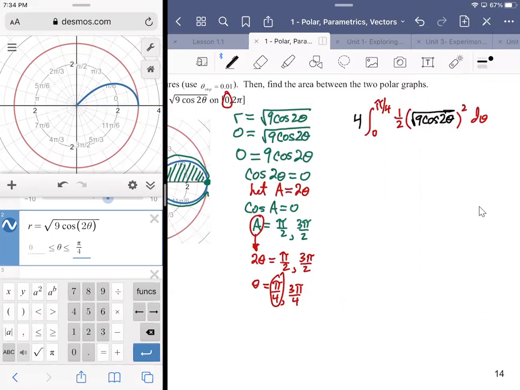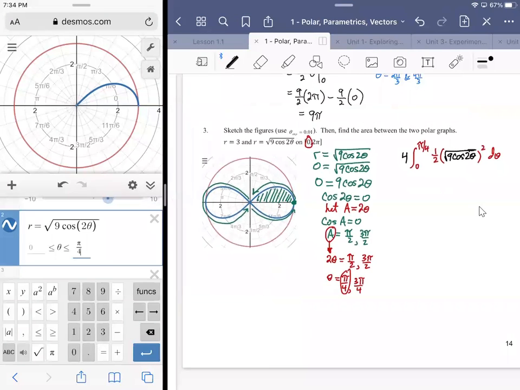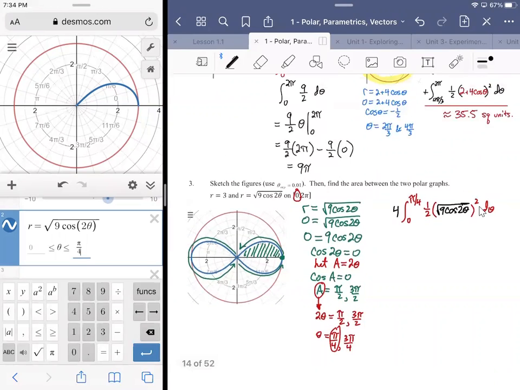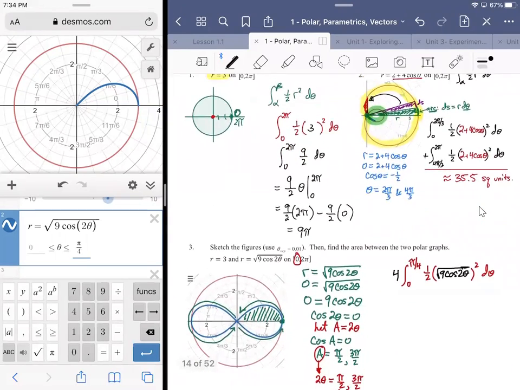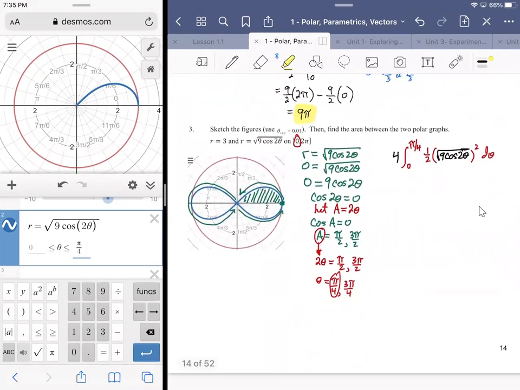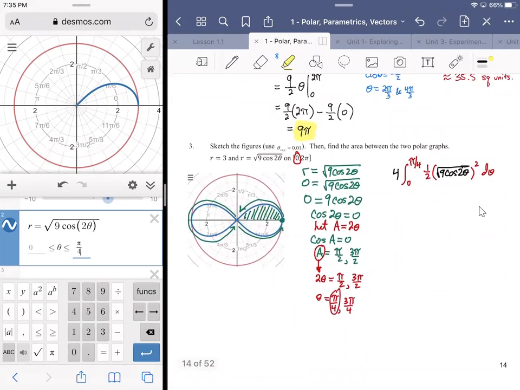The other part is the r equals 3. Now, I'm going to be a little lazy here and just say, well, see above, because we already figured that part out. The whole circle has an area of 9 pi. So once I come up with this computation, I'm going to subtract it from 9 pi and I'll have my answer. But before I do that, because I promised an alternative way of solving the equation,